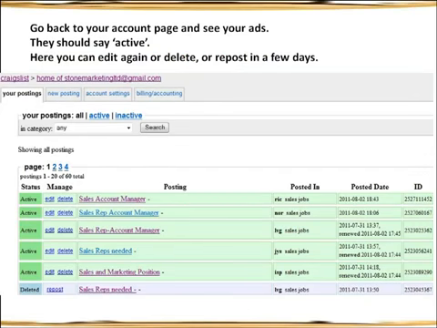They should say active. Now here's something that's important too. You can edit again, you can delete it again, but the most important thing is in a couple of days they'll allow you to repost it, because what happens is when you post the ad, your ad will show up right on top until the next person posts theirs, and then the next person posts theirs, and so your ad